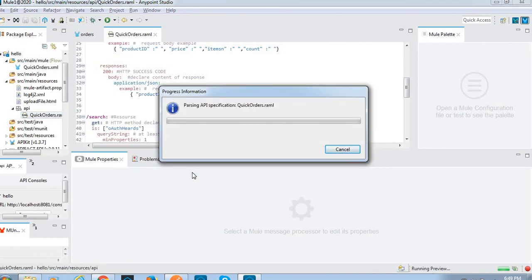Already we have implemented it. It will update the flows with the new changes in the RAML file. See, it is taking some time to execute the API kit router and all.